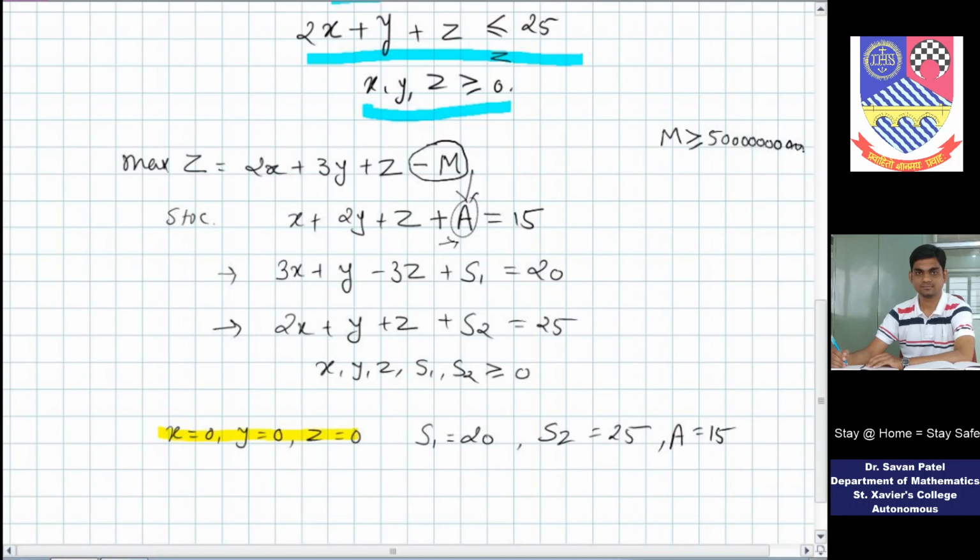In this sense, we are keeping M as the coefficient in our objective function. So let's keep it as minus M, means if one unit of a appears in the optimal solution, it is giving you M units of cost to the objective function, means whatever you want to maximize, profit or loss, whatever. So here right now it is profit. So profit is the maximizing case, and hence we are considering the coefficient as minus M. Means the artificial variable a has coefficient minus M, and M is very large.